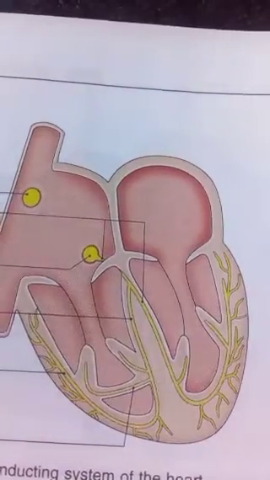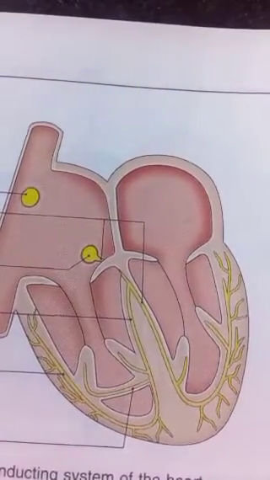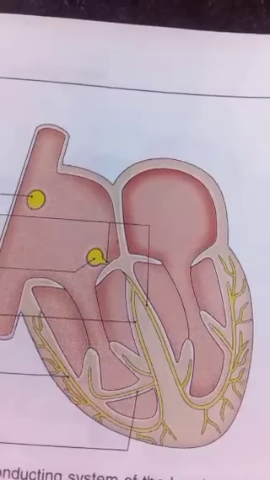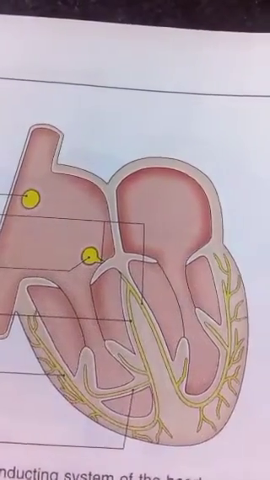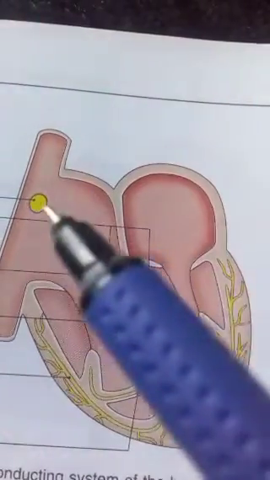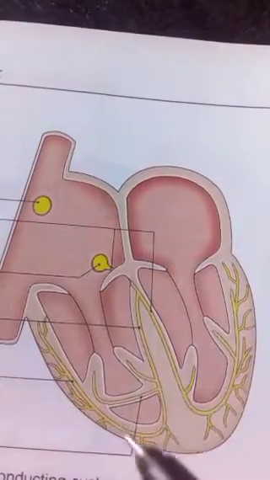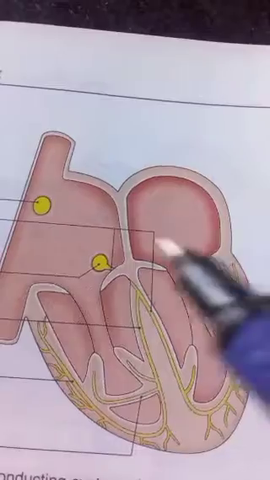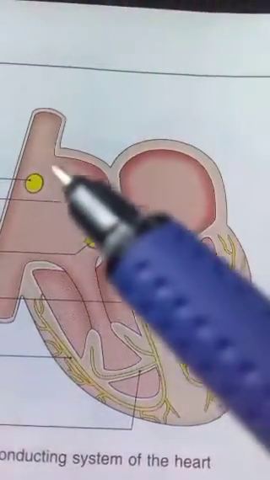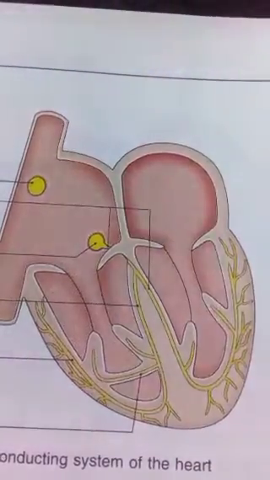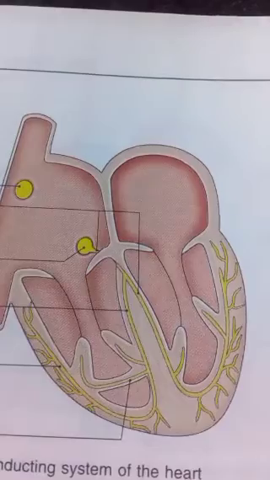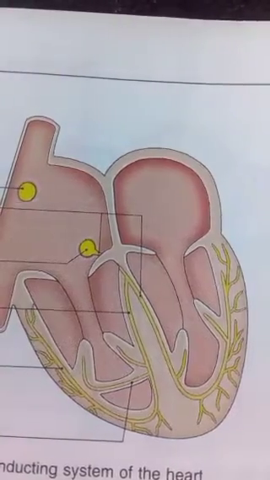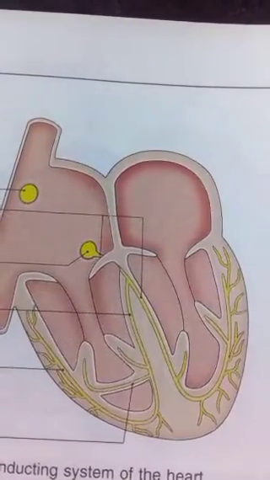Having discussed the arterial supply and venous drainage of the heart, we will now discuss the conducting system of the heart. The conducting system of the heart is made up of specialized cardiac myocytes which connect certain pacemaker areas of the heart to the ordinary cardiac myocytes. This connection speeds up the wave of excitation.